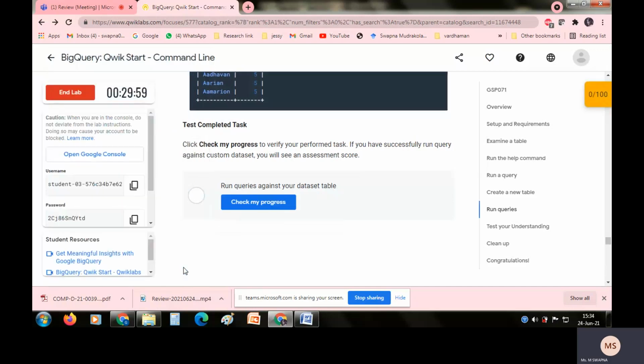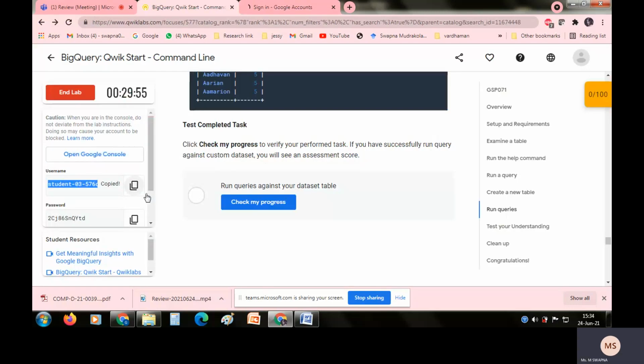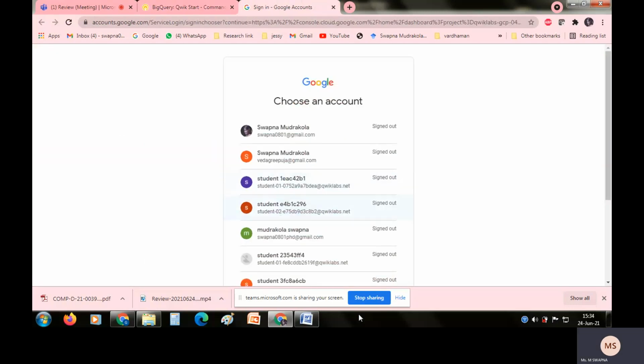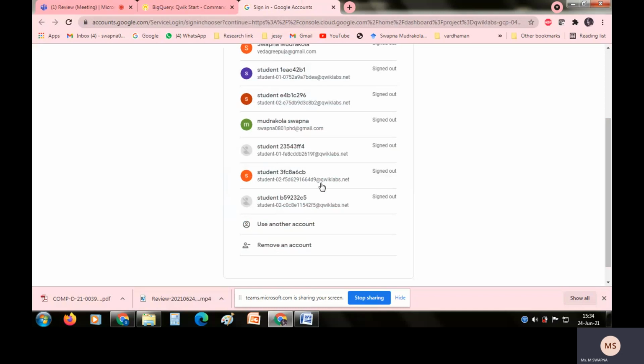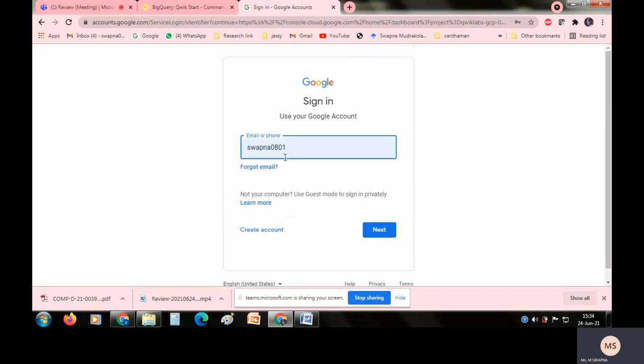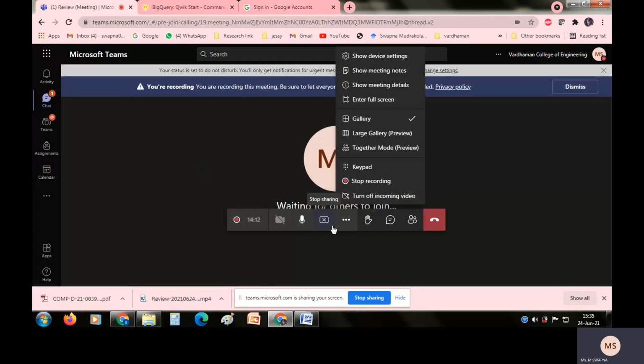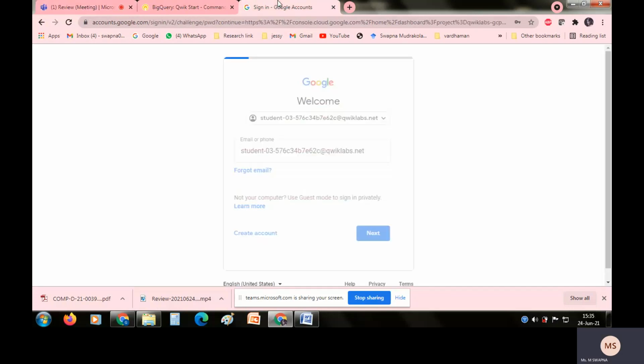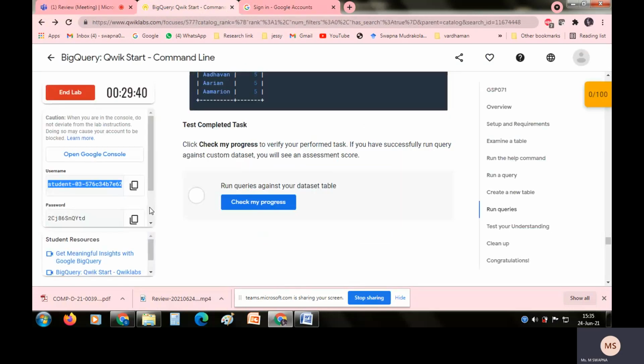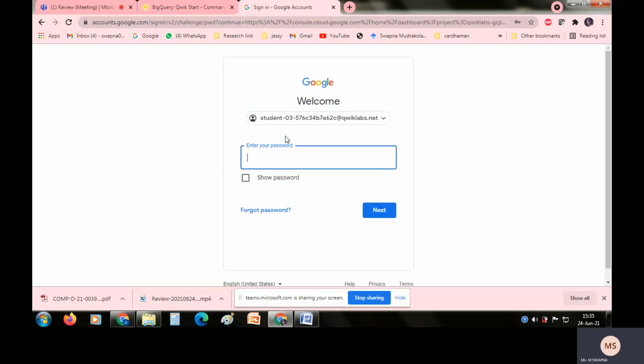Let me log into the console. I'll do it very fast. I'm copying the credentials which are given by Qwiklabs. Then next, I need to copy the password. Copied it.